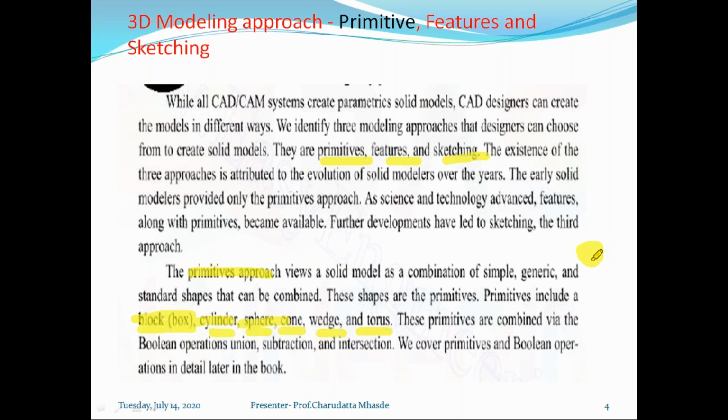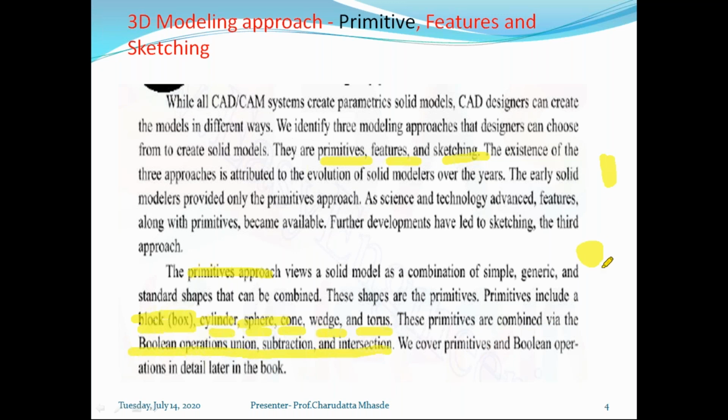Here, suppose I have created a sphere, or a block or box. By using these simple, generic and standard shapes, and by using various combinations of all these shapes, we create a model. That approach is basically the primitive approach. These primitives are combined using Boolean operations like union, subtraction, and intersection.